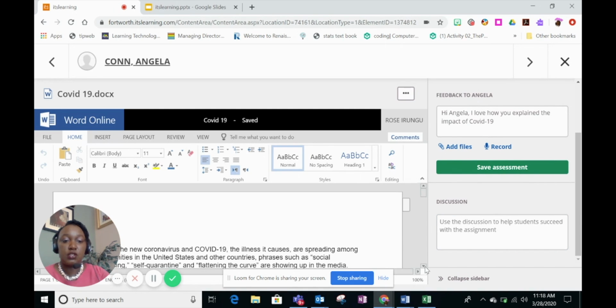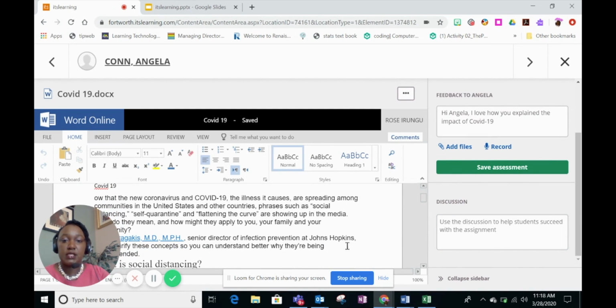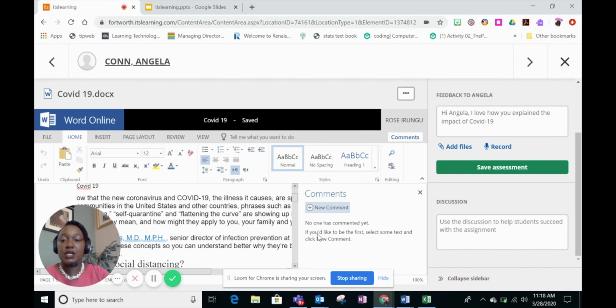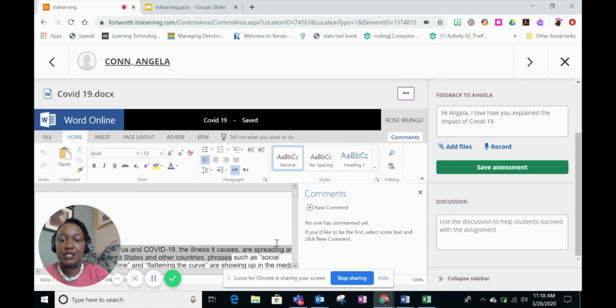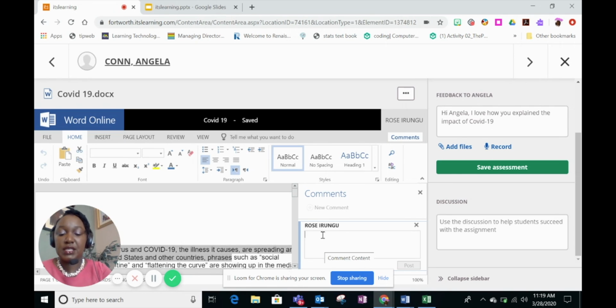The other thing you can do, if you wanted to, is this work right here. You can click on comments and you can start to comment on the student's work within their text. So for example, if I wanted to highlight something right here, this first sentence, I'm going to start commenting on this. I'm going to add a new comment and I'm going to say,